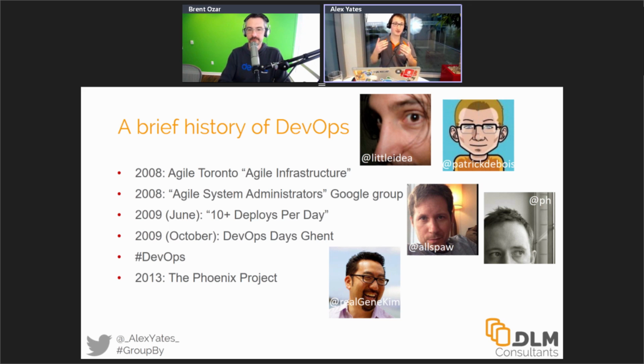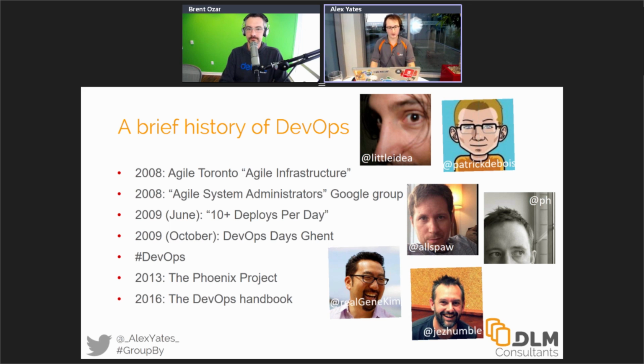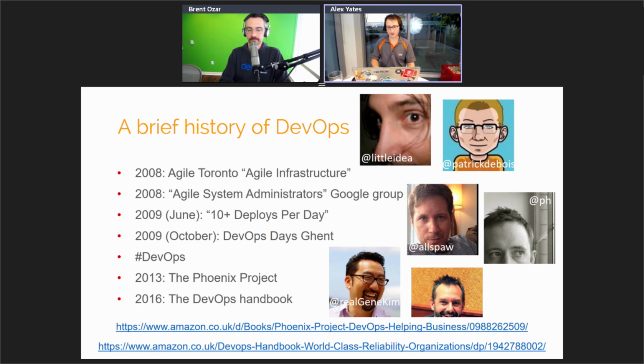However, experience stories based on fiction tend to get a bit of criticism, which it did. So afterwards, actually just very recently, Gene Kim teamed up with Jez Humble, Patrick Debois, and one or two others, and released the DevOps Handbook, which is much more technical. So if you like a technical book, go and read the DevOps Handbook. If you want a fun book that does a really good job of describing the DevOps process and the story of applying DevOps, go read The Phoenix Project.